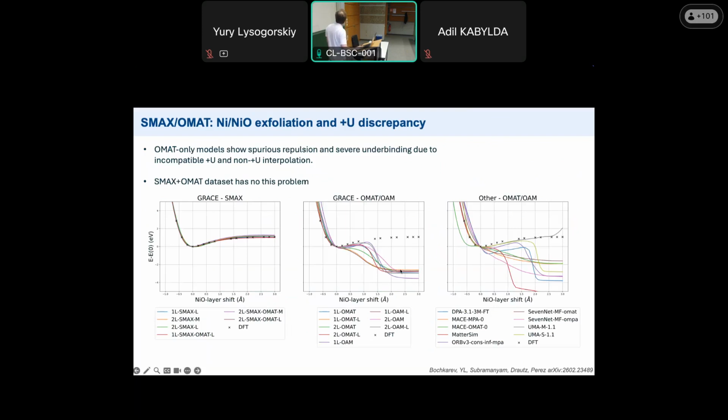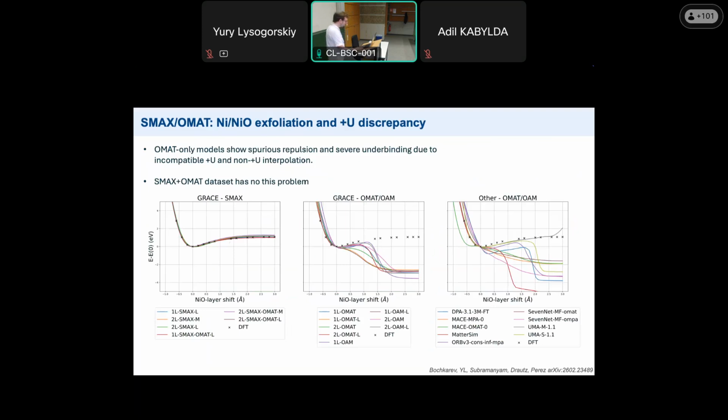So it's a problem not of the model, it's a problem of the data set, because most other models struggle from the same deficiency. Contrary to that, this SMAX model, or SMAX data set, is perfectly fine without any fine-tuning to describe this exfoliation trajectory. So you can see +U is not always correct.